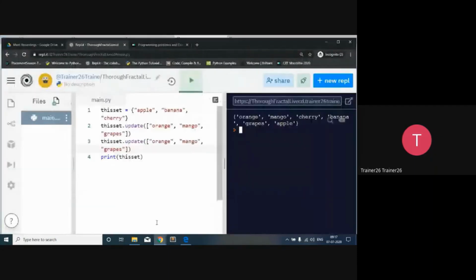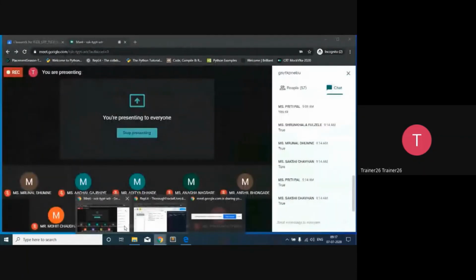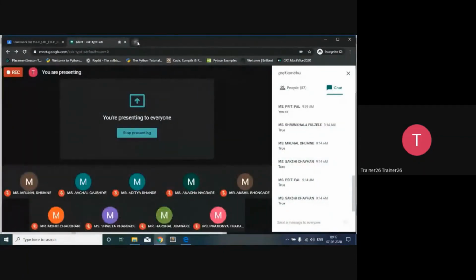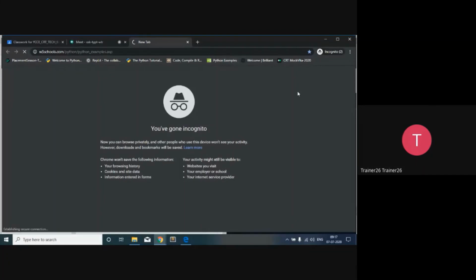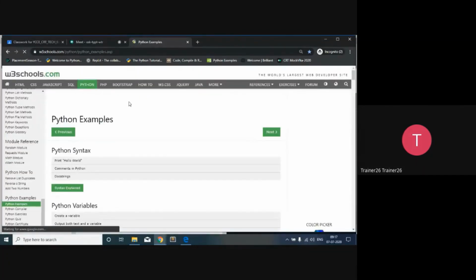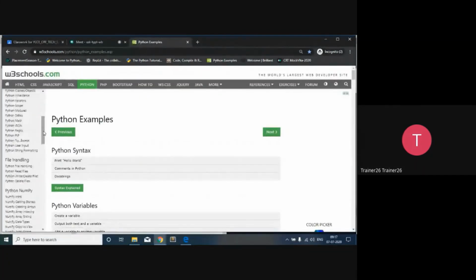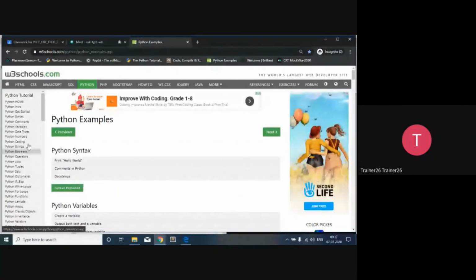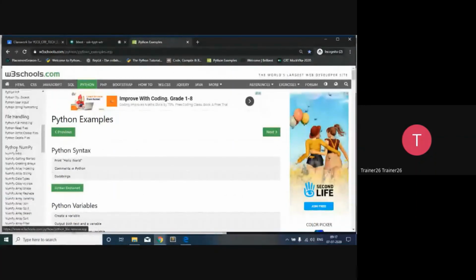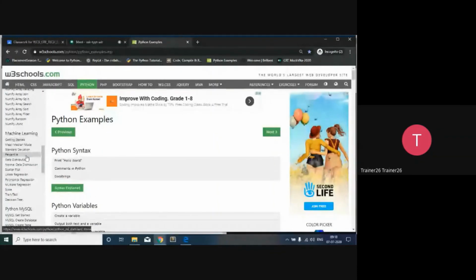Before starting with our actual interaction session, I would like to show you a particular website that you can refer to, that is W3Schools. In W3Schools, they have organized the content very properly. If you want to specifically target machine learning, they organize Python in a machine learning way.